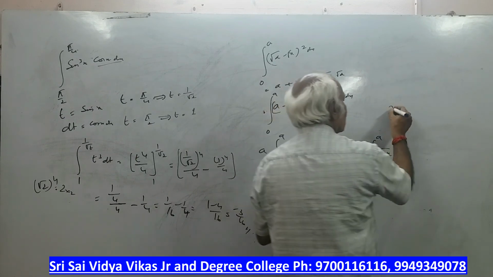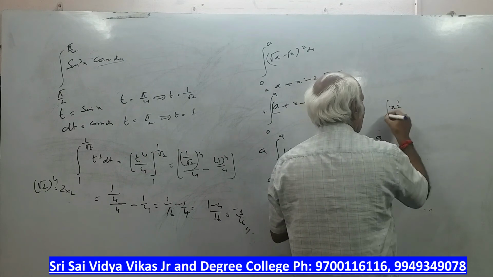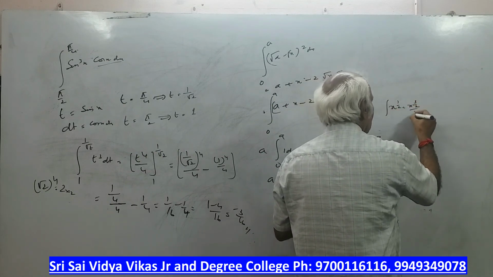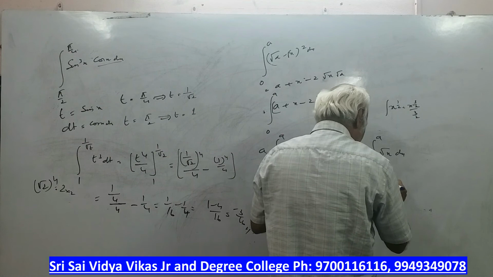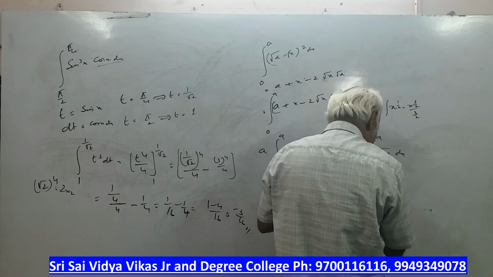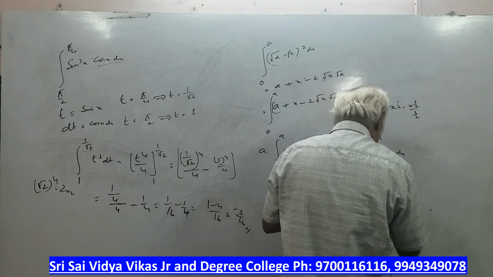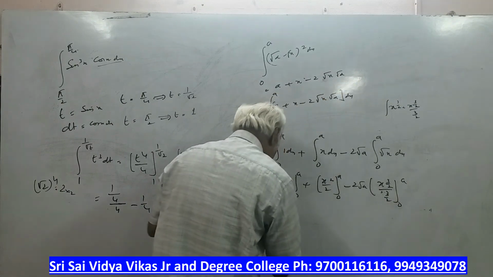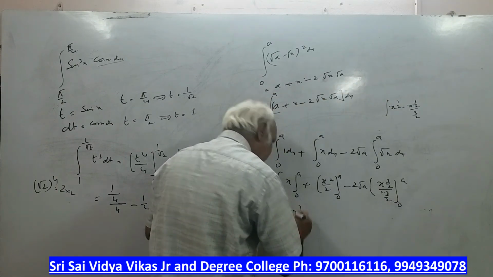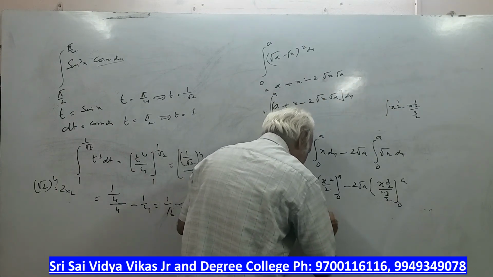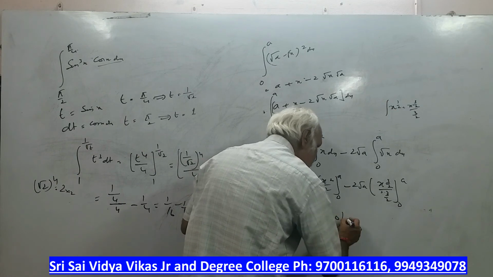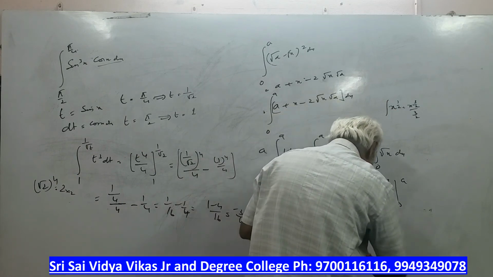Here x means what, sir? X power 1 by 2. So this becomes x power 3 by 2 by 3 by 2, 0 to a. So this becomes a into a minus 0 plus a square by 2 minus 0 minus 2